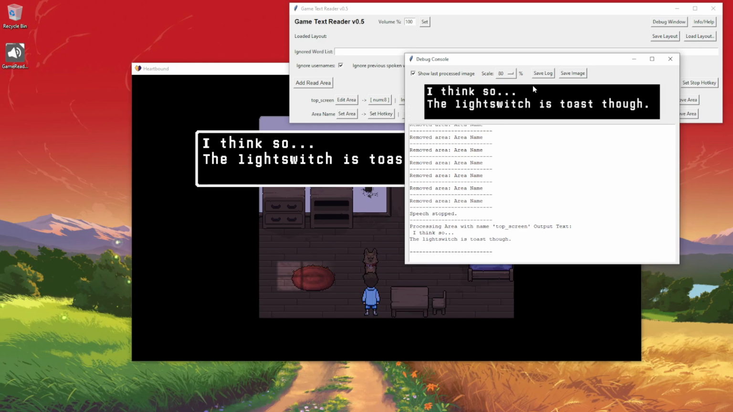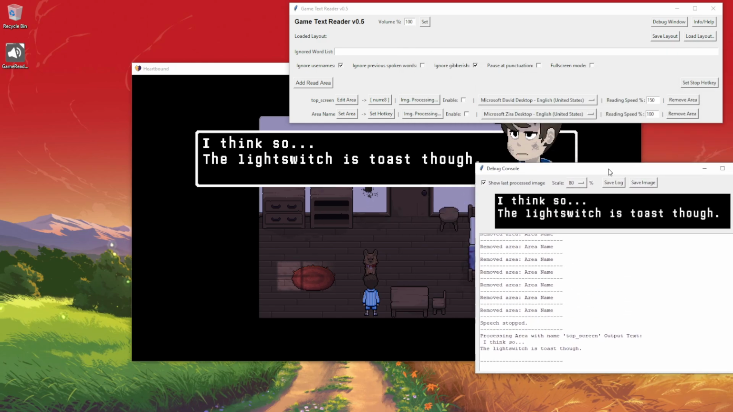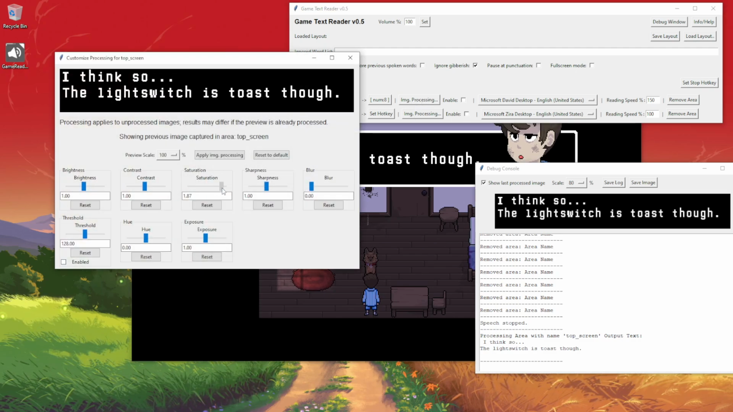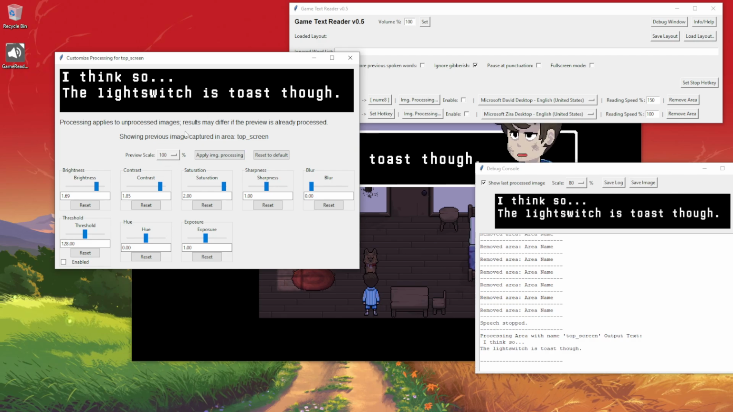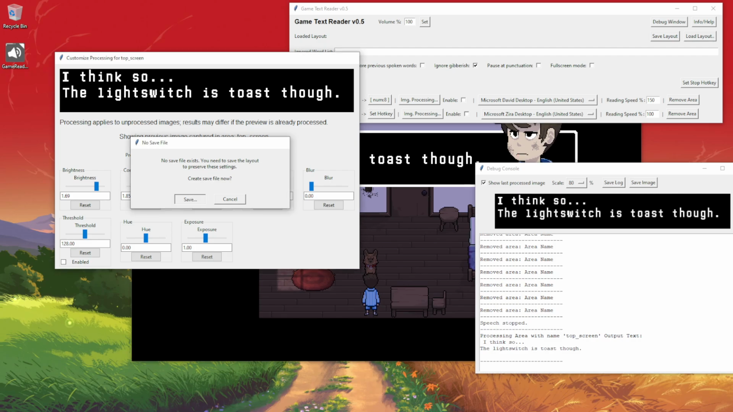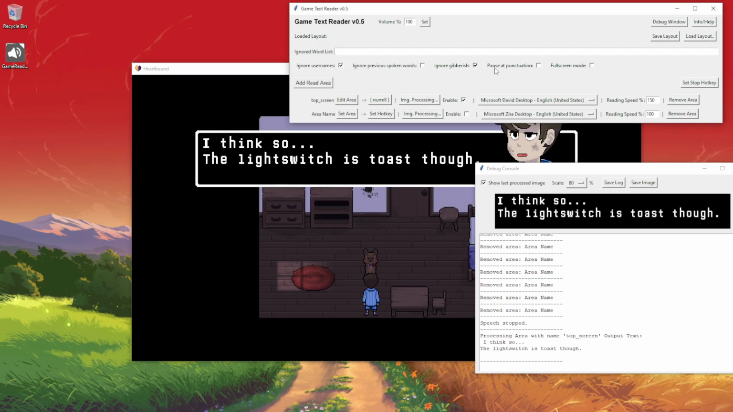This looks pretty good, but for instance, some games have not as clear text boxes. You could go to image processing and make it look, well, obviously now it's just black and white, but put the contrast up, the brightness, whatever, to make the text pop more, so the program can see the text more clearly. And then you just apply the processing. Oh yeah, I gotta save. Anyways,